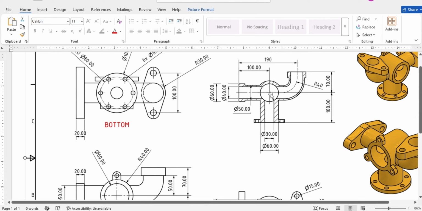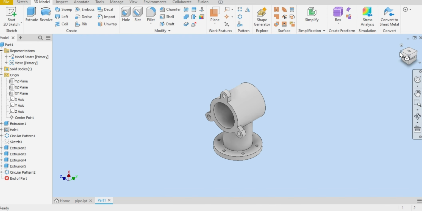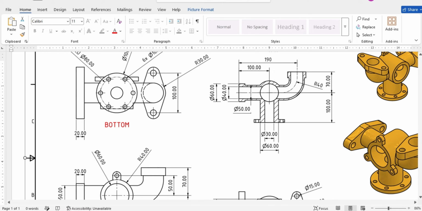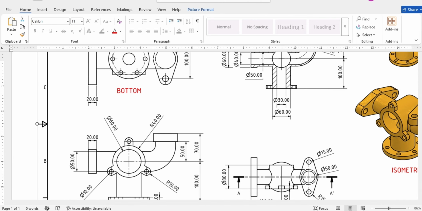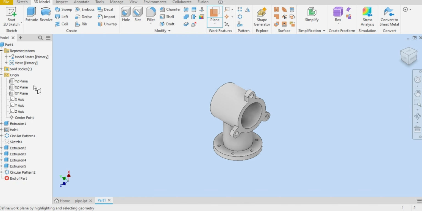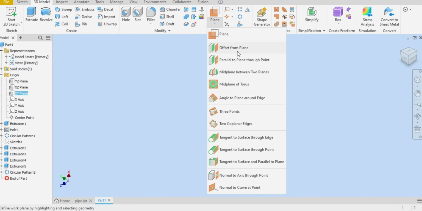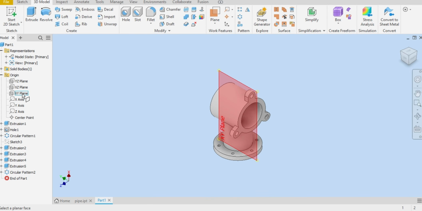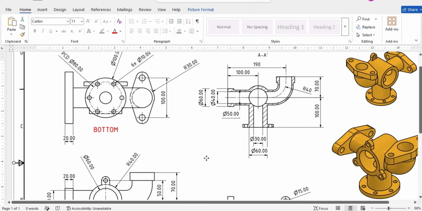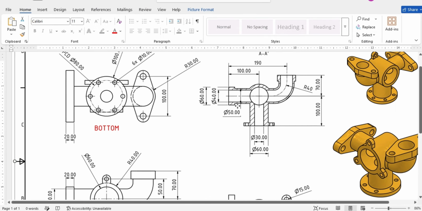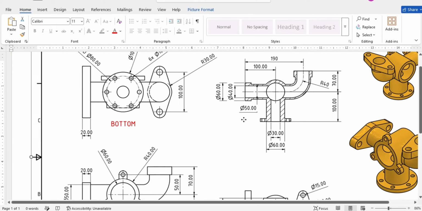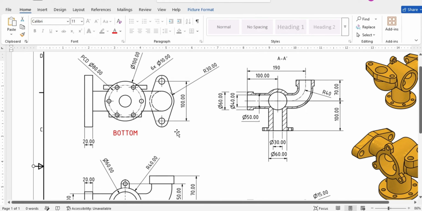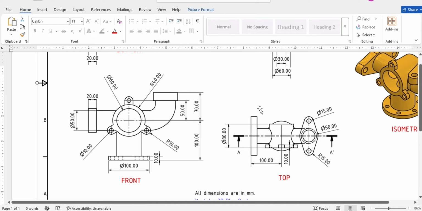So let's go make this. It is 100 millimeter away from the center, so we will just simply choose the plane for this. Let me just select plane, and we will just offset from the XY. Let me offset from plane, and the XY plane, it is 100 millimeter. Okay,